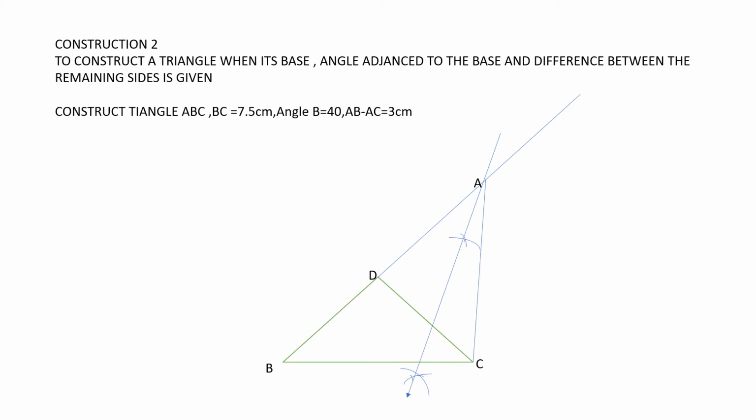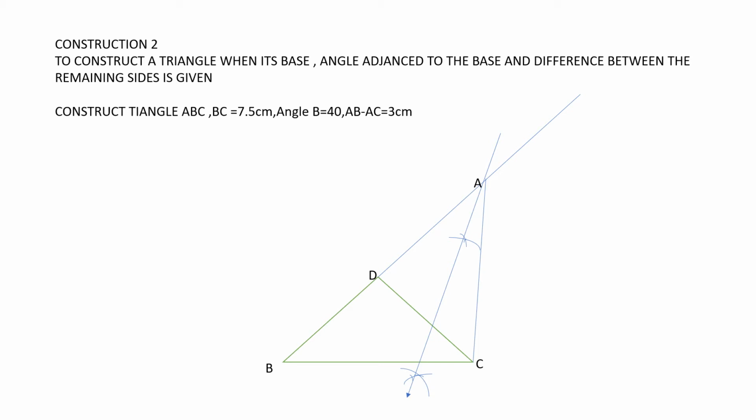In the first method, they drew the base first for the triangle. Here also the same thing. This explanation is the example given in a book, the same example I am explaining here. With this you will be able to understand and solve your problems from practice set 4.2, right? So first we have to draw the BC line. How much is it? 7.5, right? After that, with the help of a protractor.